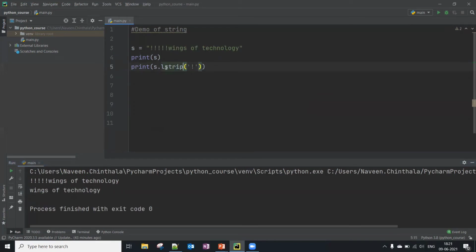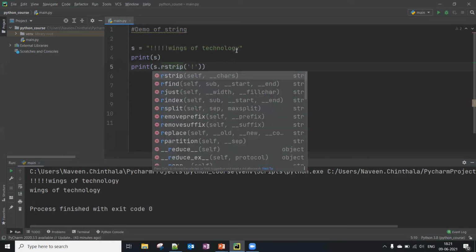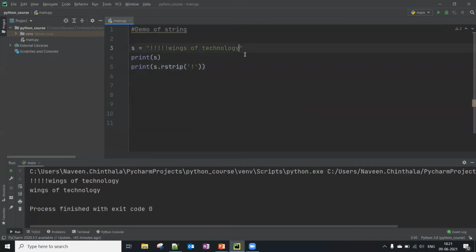And if you keep rstrip, that means you want to strip the characters on the right side. Similarly, if you want to strip anywhere in the string, you just have to give the strip function.